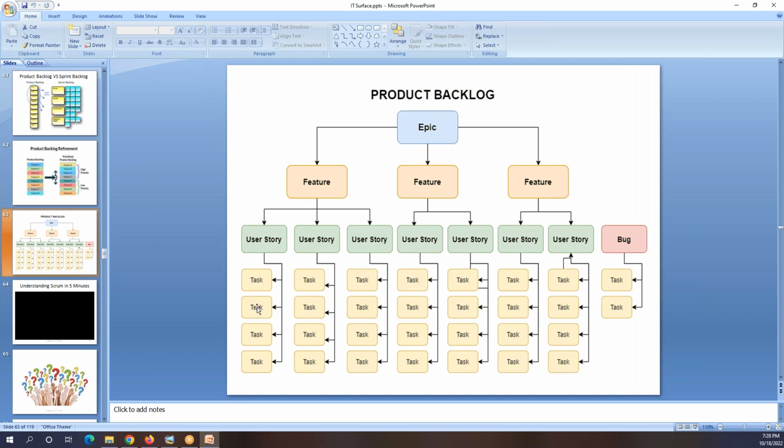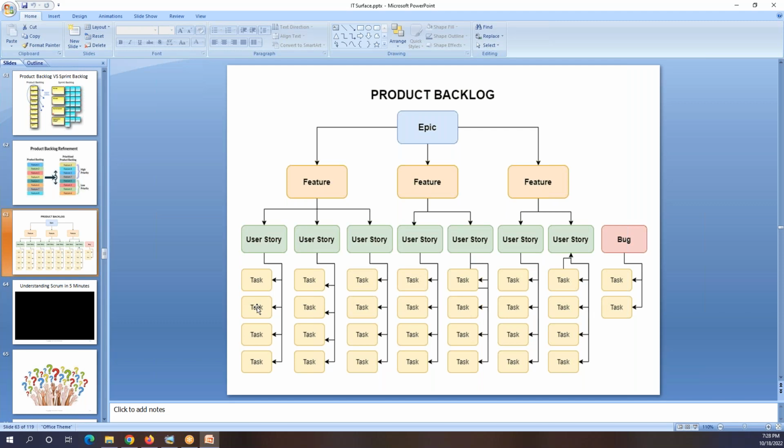Next task, they will try to add the database part in their application. So you have a username text box, you have a password text box, you have a sign in, but it's not working. So how will it work? If it's connected to the database, to something where it can read the username and password, right? It can validate the username and password.